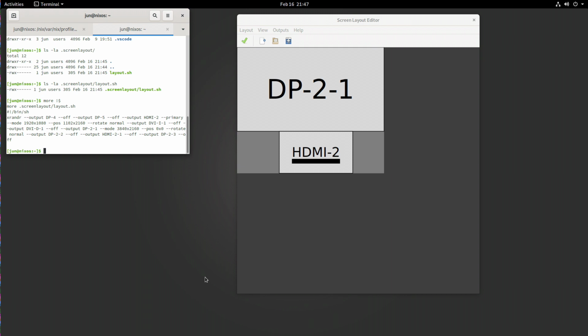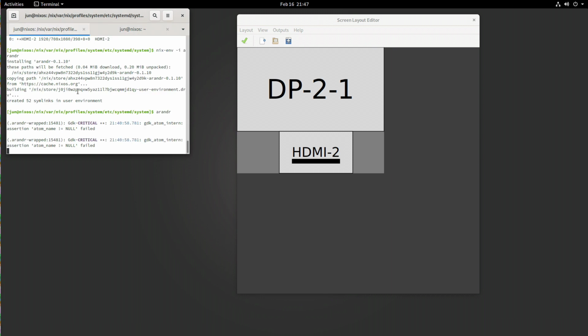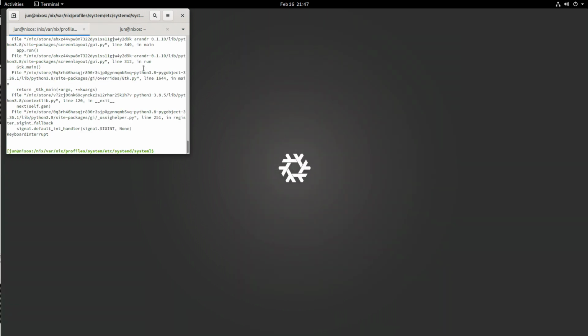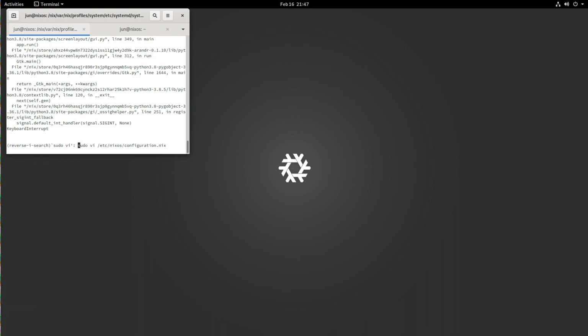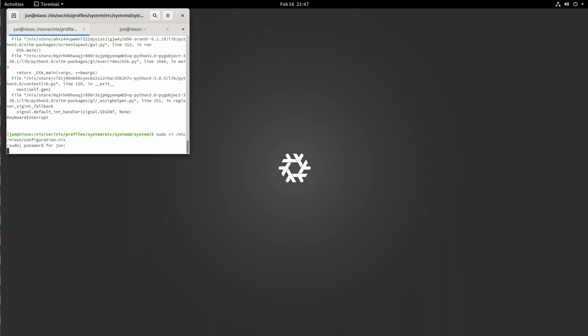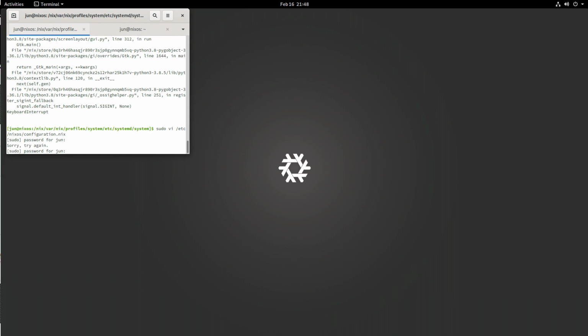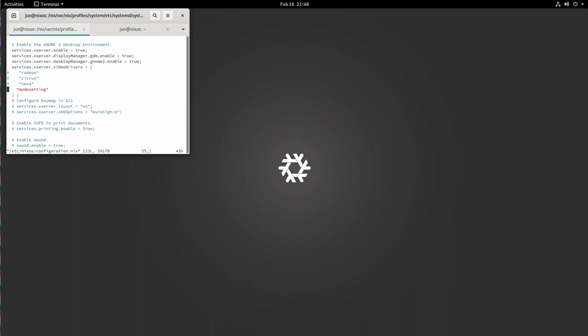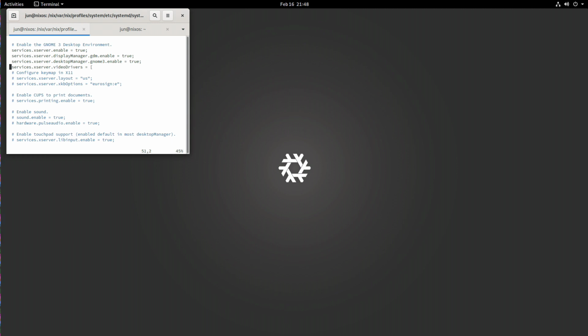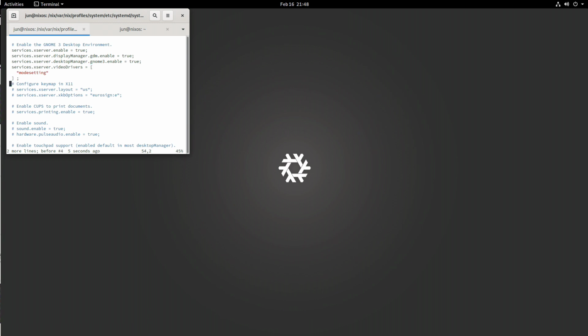Oh yeah, I need to go back into NixOS per se. And yeah, goodbye screen layout editor. You were great. Really enjoyed working with you. And looks like modesetting is our friend. Well, if it's our friend, then we shouldn't delete it. And X server layout. Yeah, we don't really care about that. What we care about is,